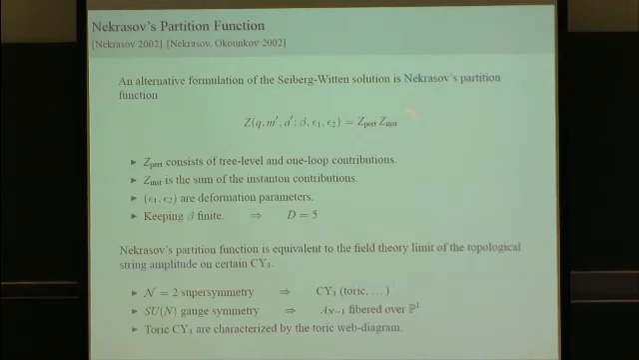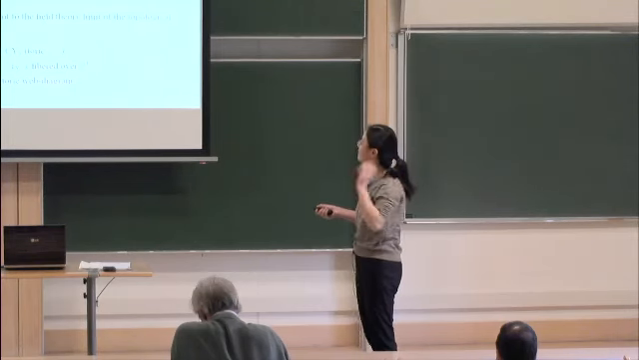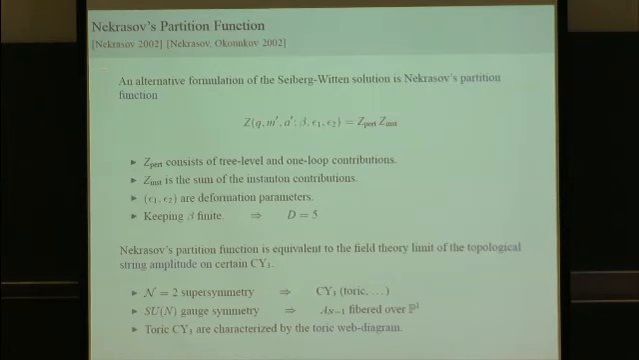So this partition function has two pieces. One is perturbative, and the other one is the instanton sum. The perturbative part contains tree level and one loop contributions, and the instanton sum is an infinite sum of all the instantons. So we'll concentrate on this instanton part. Already in the original paper, Nekrasov said that this partition function should be equivalent to the field theory limit of a topological string amplitude on some